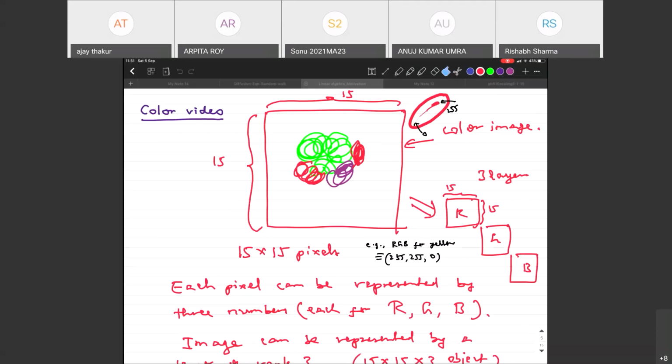Let me make it. I will have to LaTeX it and convert it, so it involves some amount of work. Once I am able to finish it, then I will be able to send it to you. Okay, sir. No problem.